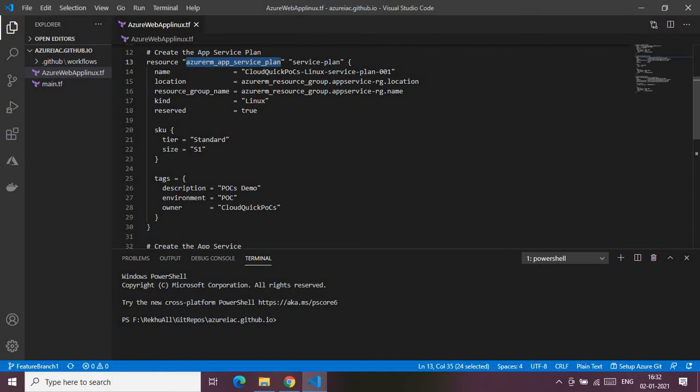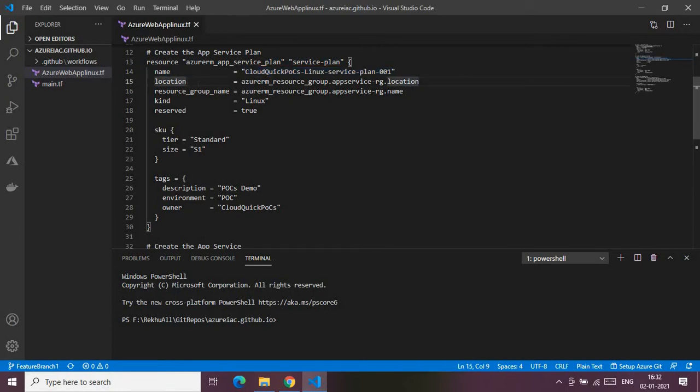And the resource type is azurerm_app_service_plan. Okay, it's again self-explanatory. And then this is my keyword, this is my variable, which will be storing that data. Inside this curly bracket block, I'm giving the required parameters, that is the name of my web app. That is again a static value. This is the value which I'm giving to my plan, and this is the location.